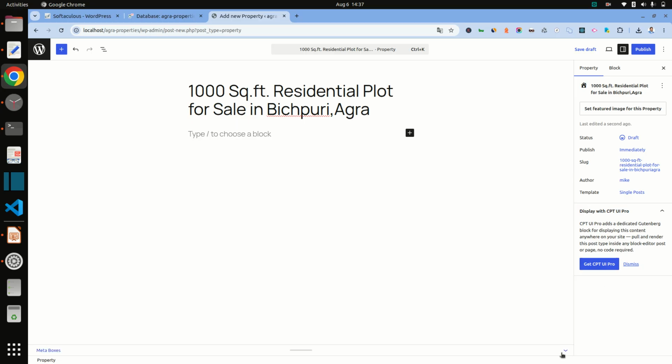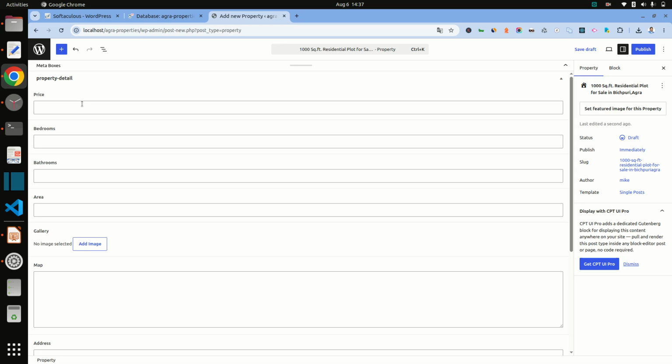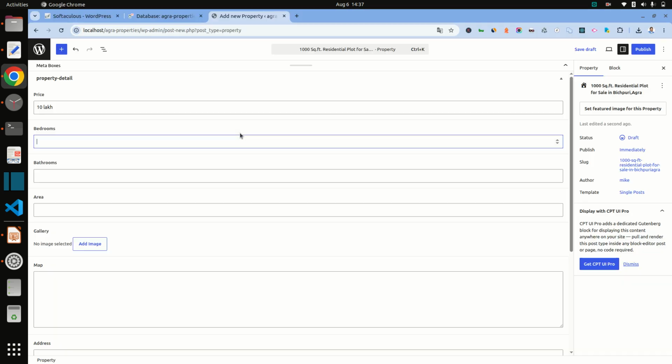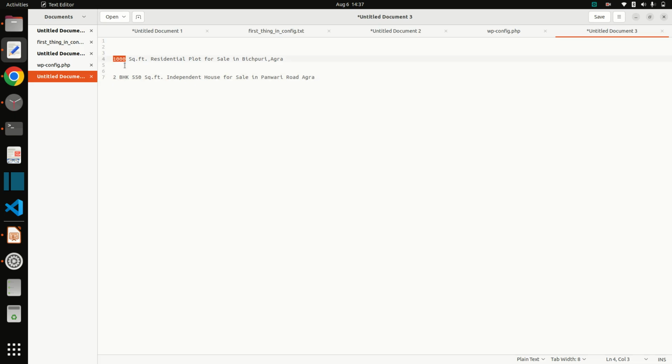Okay, no issue. Price is 10 lakh and bedroom is, it is only plot, so no bedroom etc. here, and it is 100 square feet.